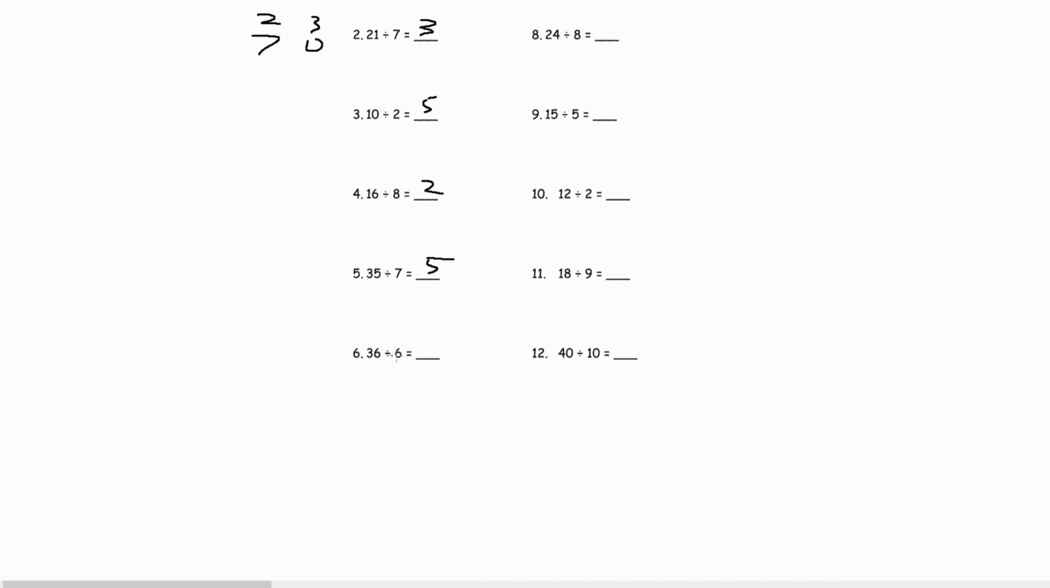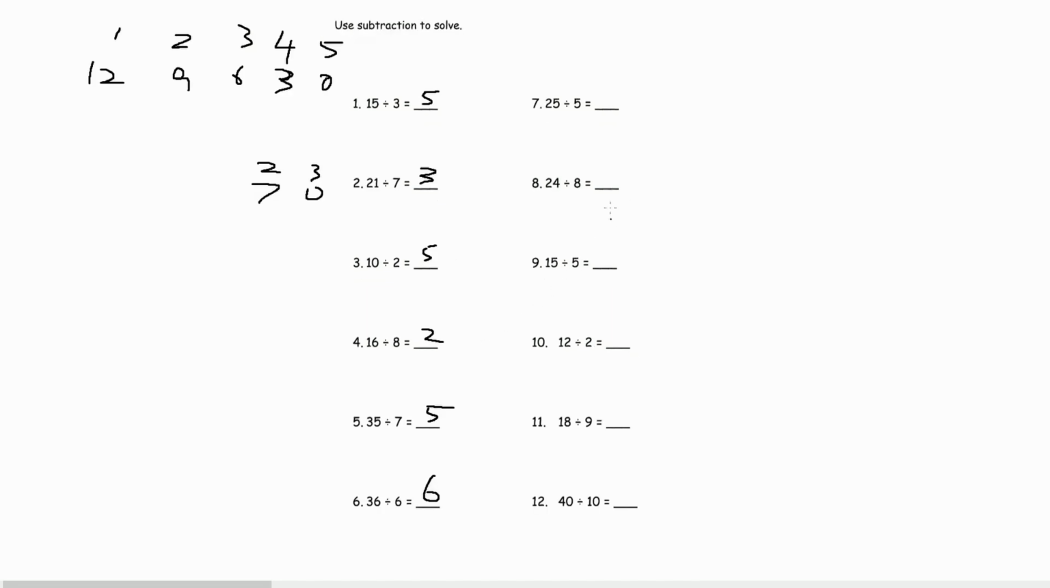Number 6, we have 6. And 36 minus 6 is 30, and then keep on doing that. And we're going to need to do it 6 times in order to get to 0. 7, we have 5, and 25 minus 5, minus 5, minus 5, and that would be 5 times until we